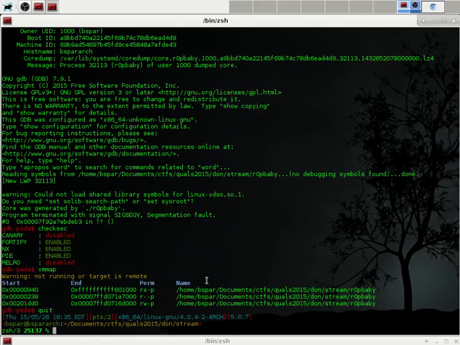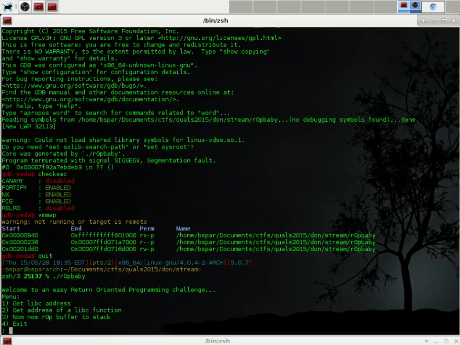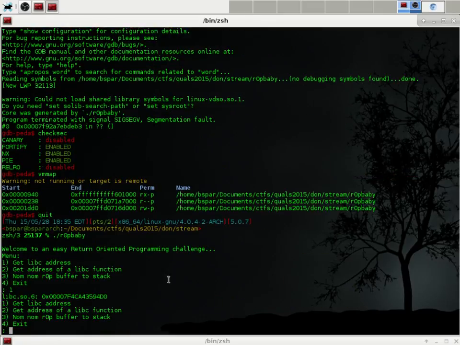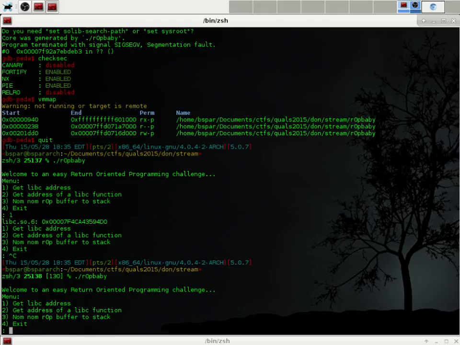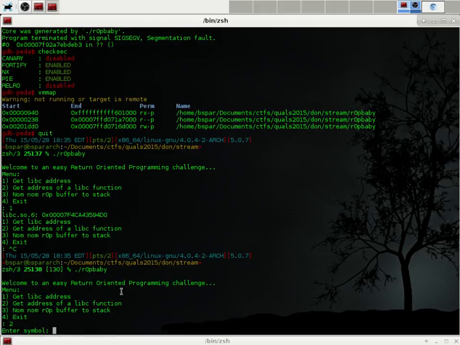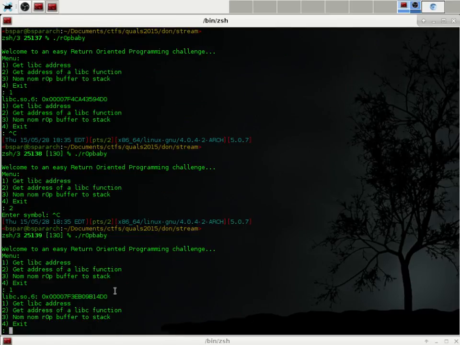So if you try to run ROP baby once, get the libc address, that ends in 94D0. That's this address right here. Do it again, it's a different address. 14D0 versus 94D0, and a bunch of other differences. So